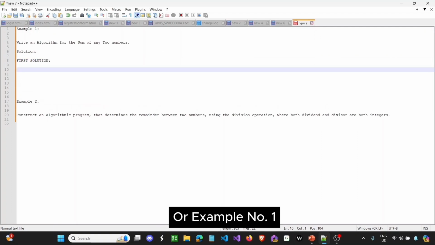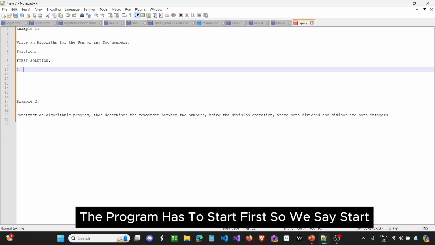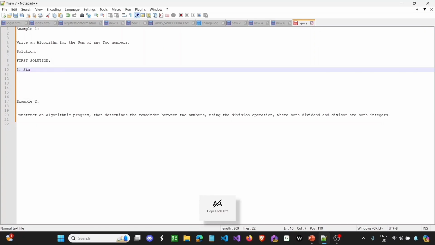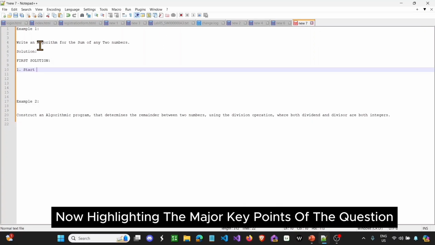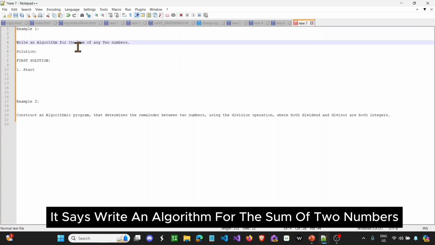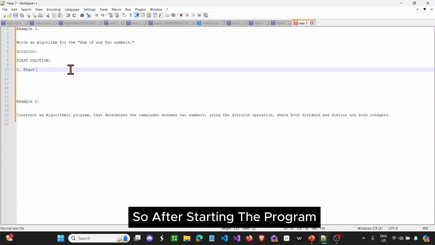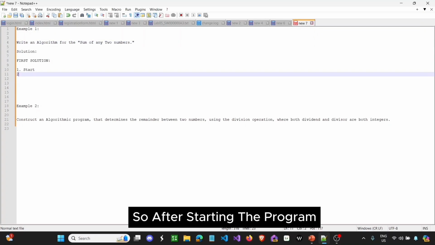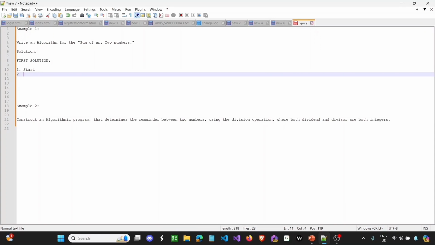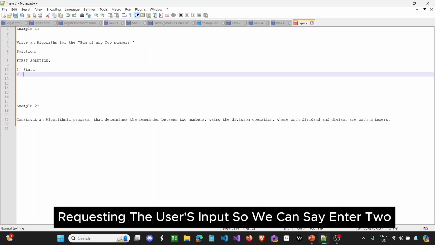for example number 1, before the program can execute, the program has to start first. So we say start. Now, highlighting the major key point of the question, it says write an algorithm for the sum of two numbers. So after starting the program, the next thing we want to do is print the instruction on the terminal, or the front end of the program, requesting the user's input. So we can say enter two